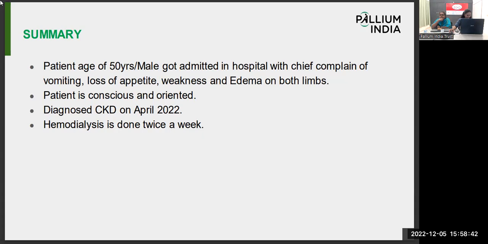So nobody is there. He has one son, who is working. He is alone, so he has a lot of problems. Sometimes neighbors will be there, sometimes relatives come, say hello and go. So this patient is completely in isolation. If possible, you can connect with a palliative care NGO there, so that the patient will get some sort of support. What about others? If anybody wants to add anything,